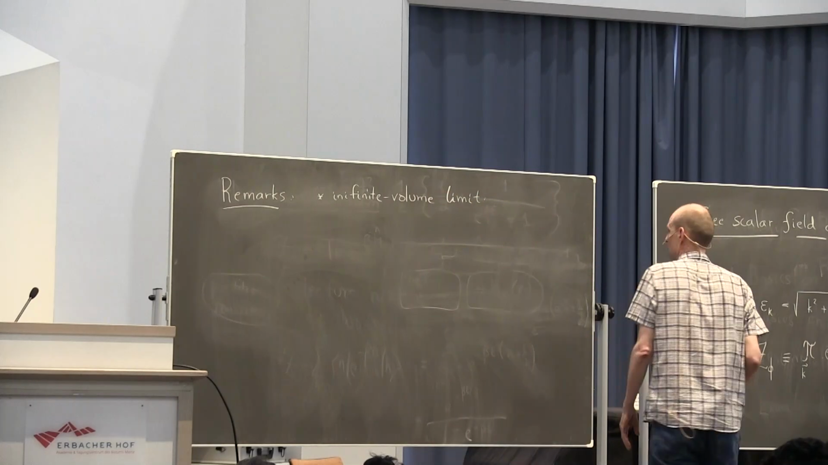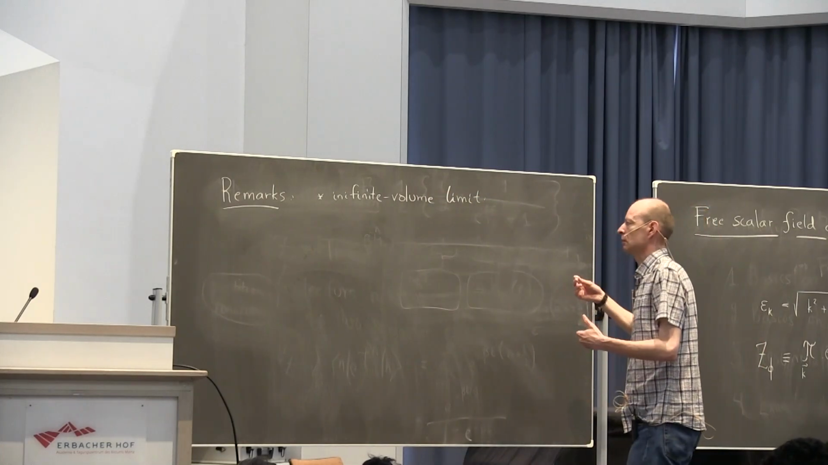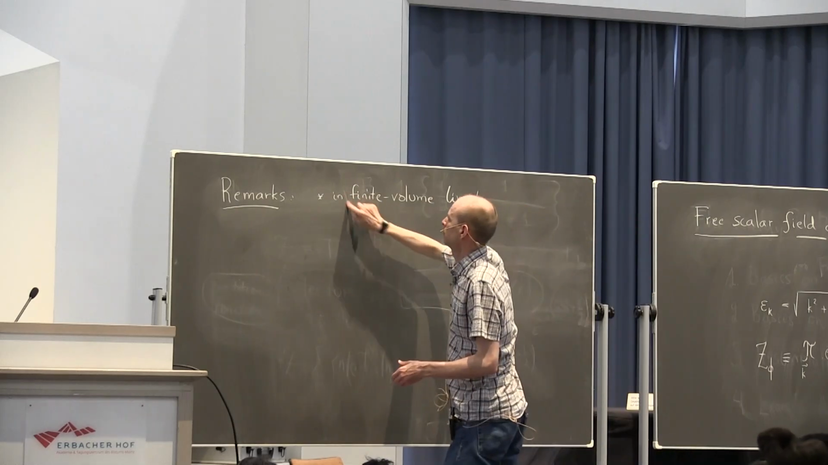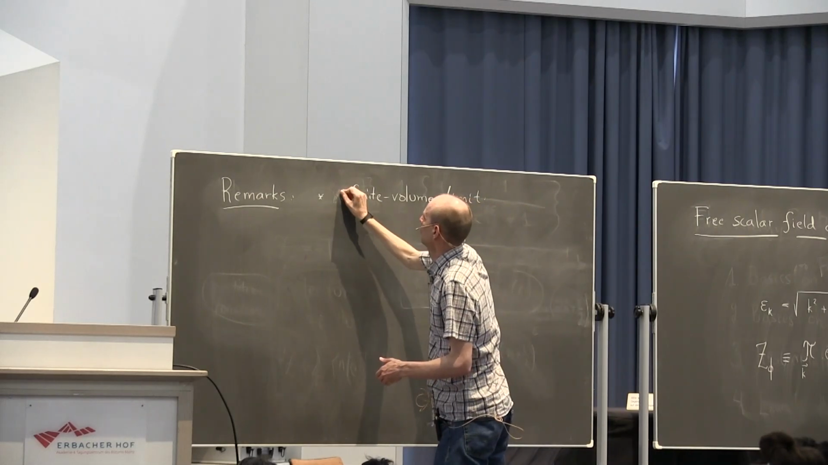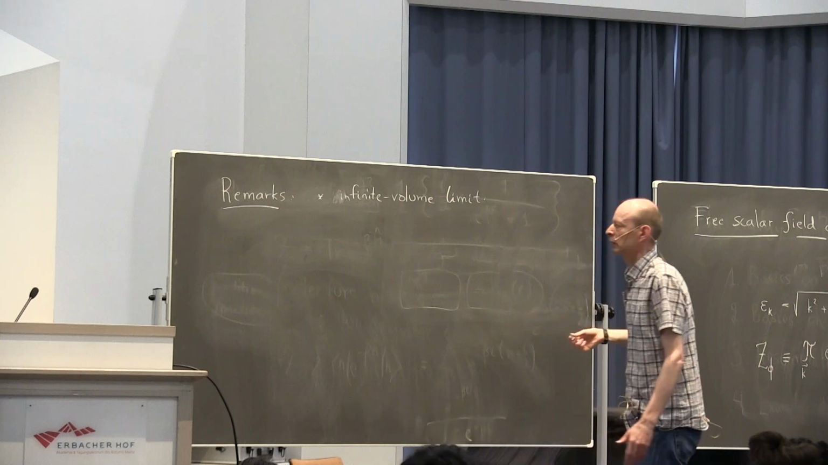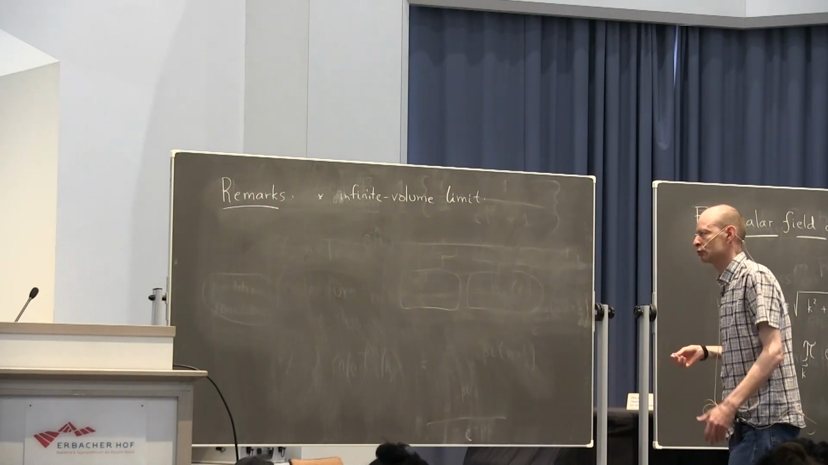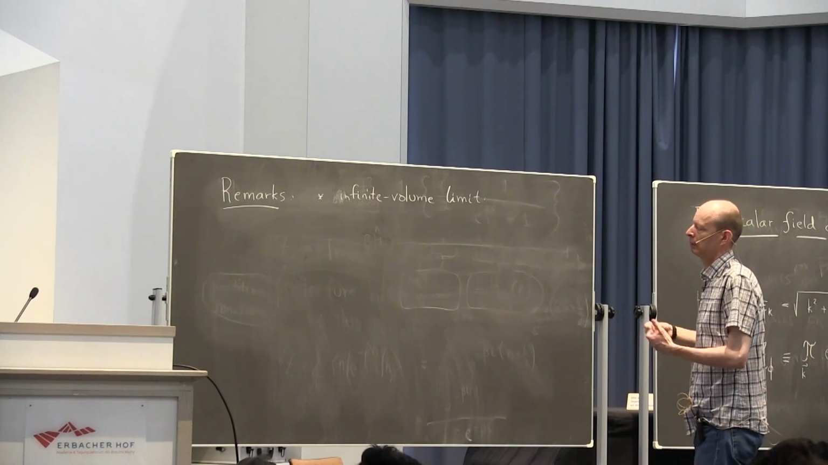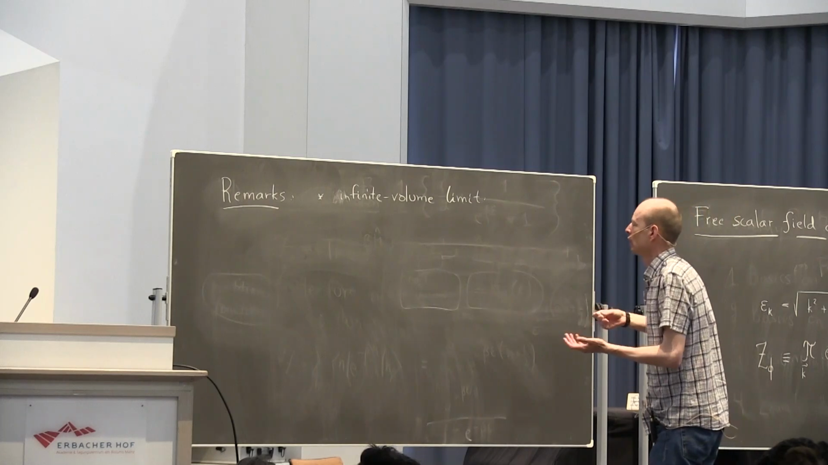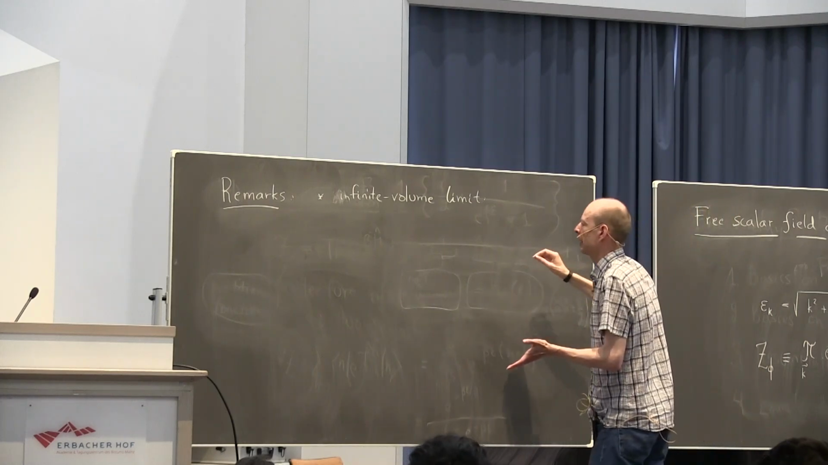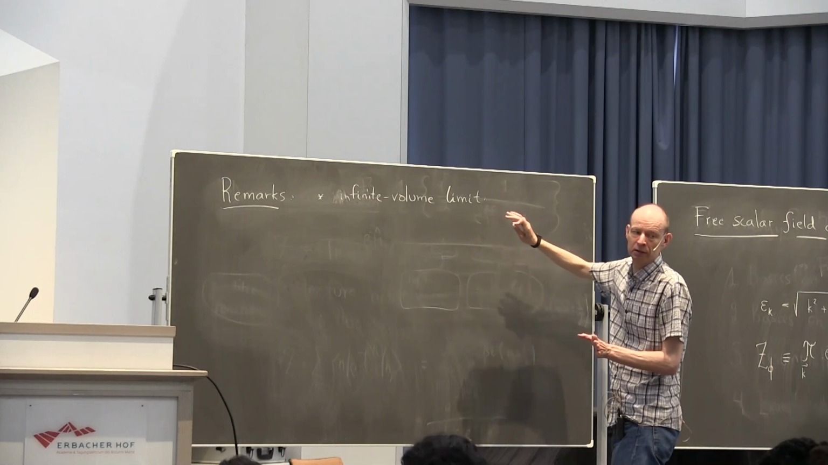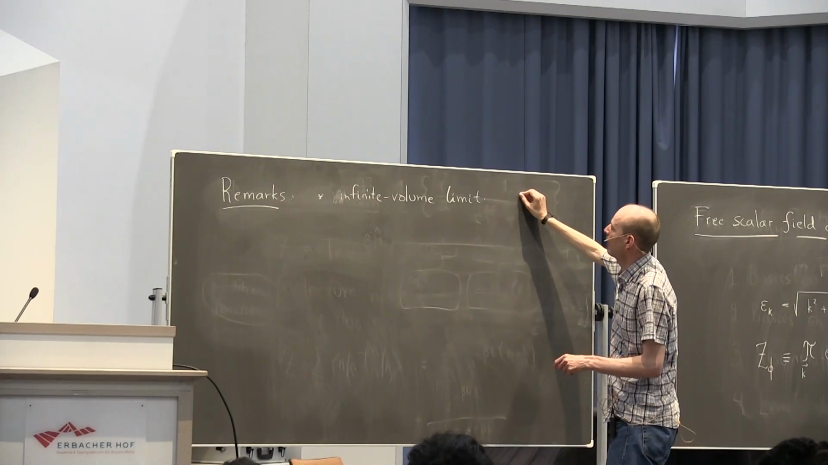How do we do that? This is something that one should have learned in basic quantum mechanics, but let's do it again. So the way to do the infinite volume limit, the simplest way to do it is that we imagine that